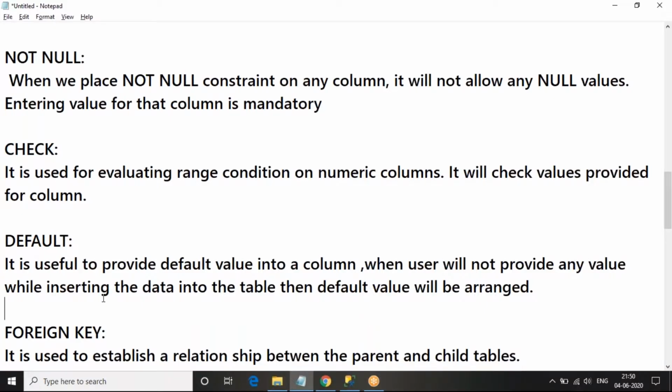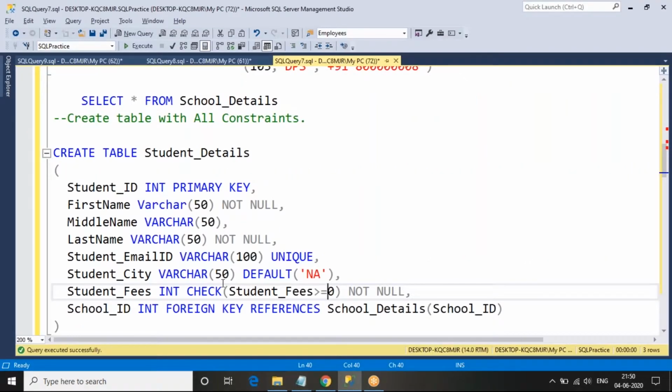Now default: if you forget to insert any value into a particular column, we can assign some default value. If I forget anything, the table can take some default value. For example, you can observe student city. He forgot to fill in his city name on the application form. I want to give the default as any, and later we can update it based on the details he provides.